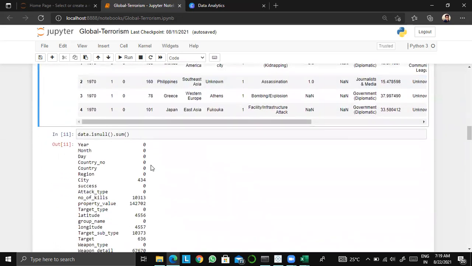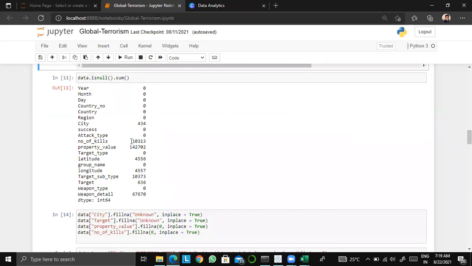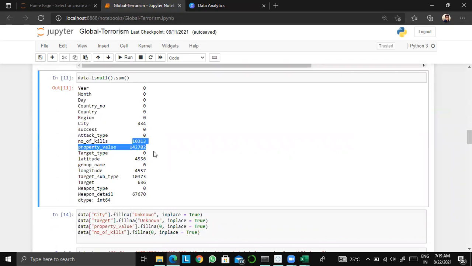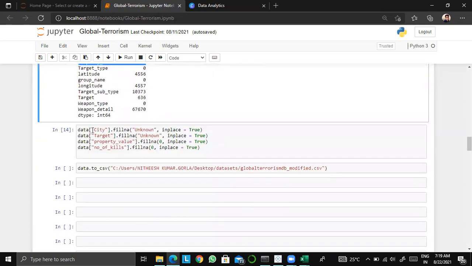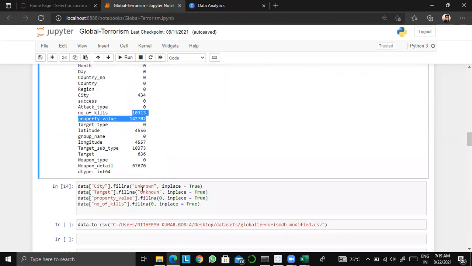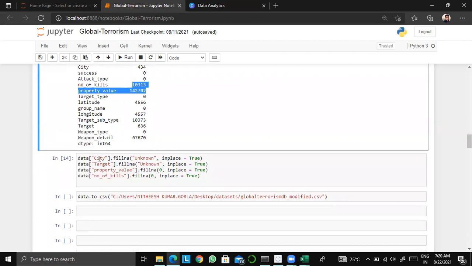As you can see, there are still plenty of null values. So I filled these null values with zero or some unknown values. For example, in city I have filled unknown, and for number of kills and property value I have filled zero.